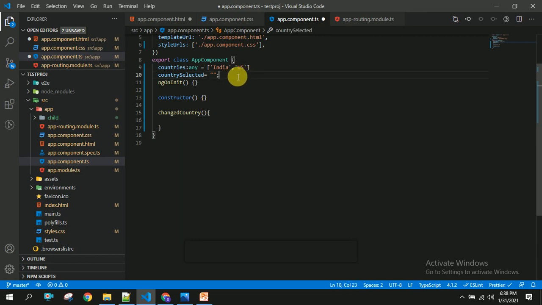So before that, I am going to declare states equal to empty array. So once user changes this, I am going to check the condition.